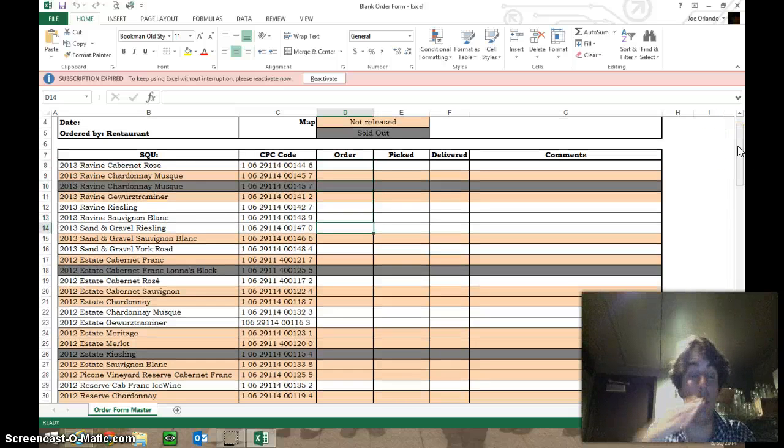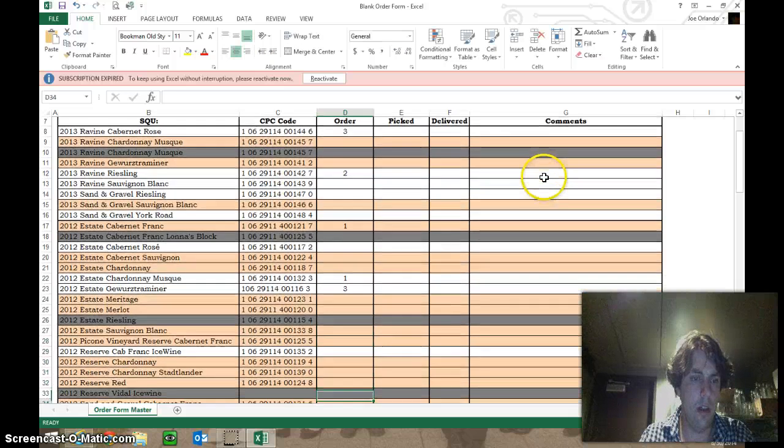So the one I'm doing right now is completely imaginary. So I'm gonna fill it in just as if I had done a count. So we do count downstairs, see what we need to meet our par levels. And let's say, for the sake of argument, that we needed 3 cases of rosé, 2 cases of Riesling, a case of Cab Franc, a case of Musqué, 3 cases of Gewürz, and